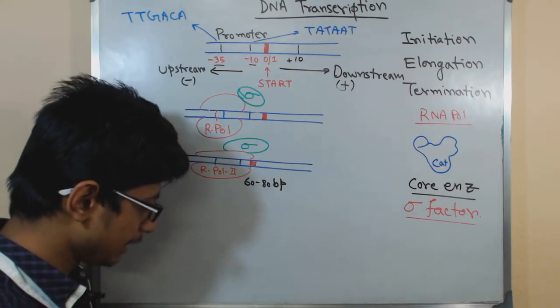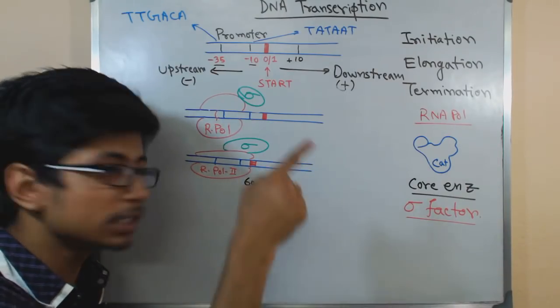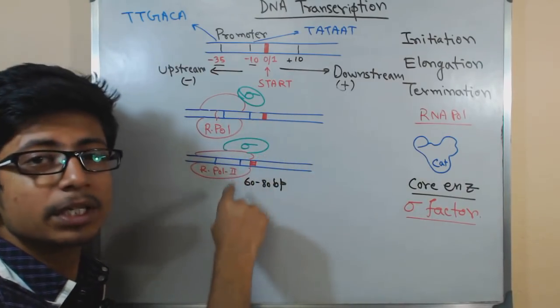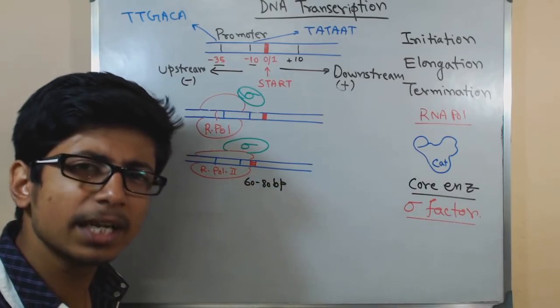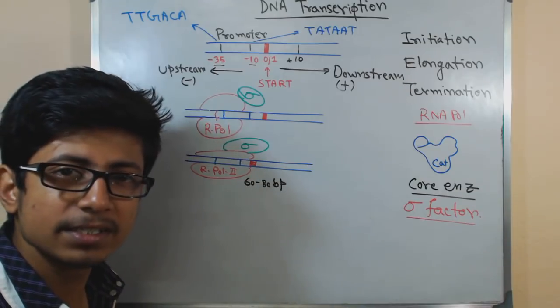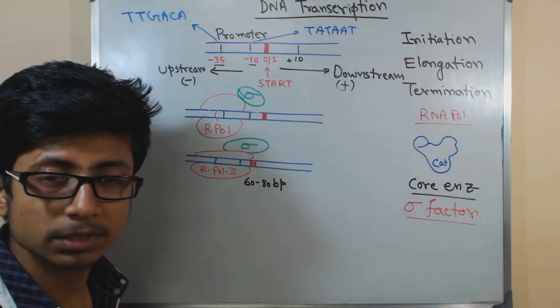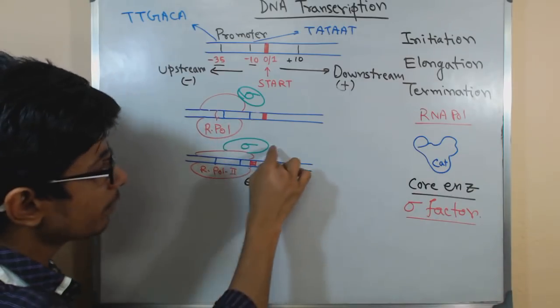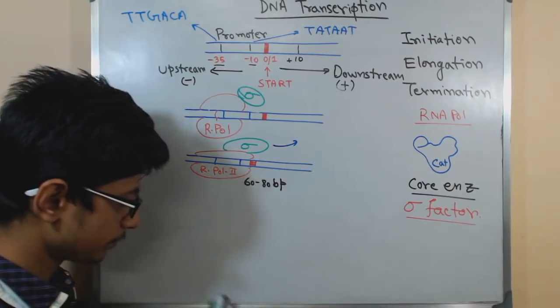So in that case, it needs to dissociate the sigma factor before it starts transcription, because if the sigma factor is attached, it will not be able to transcribe, right? And how the signaling works and why the sigma factor is released is still completely not known. This is still a puzzle, but the sigma factor will be released, and upon release of this sigma factor from here,